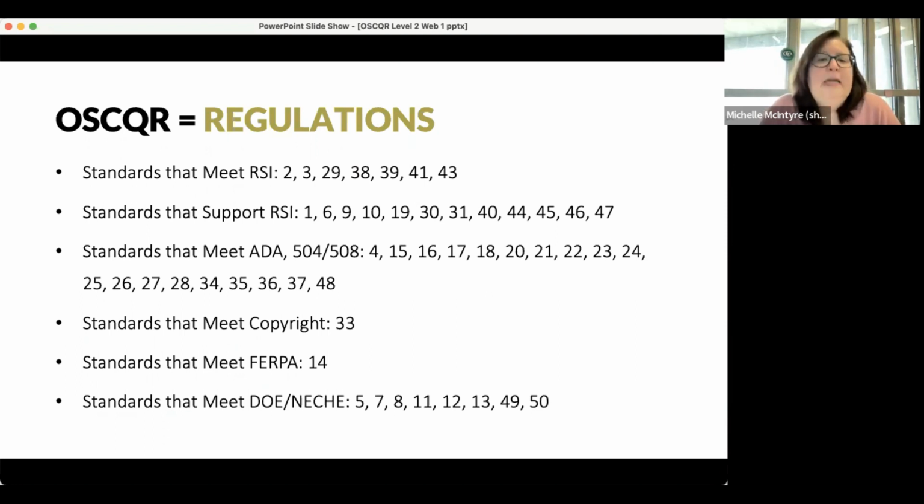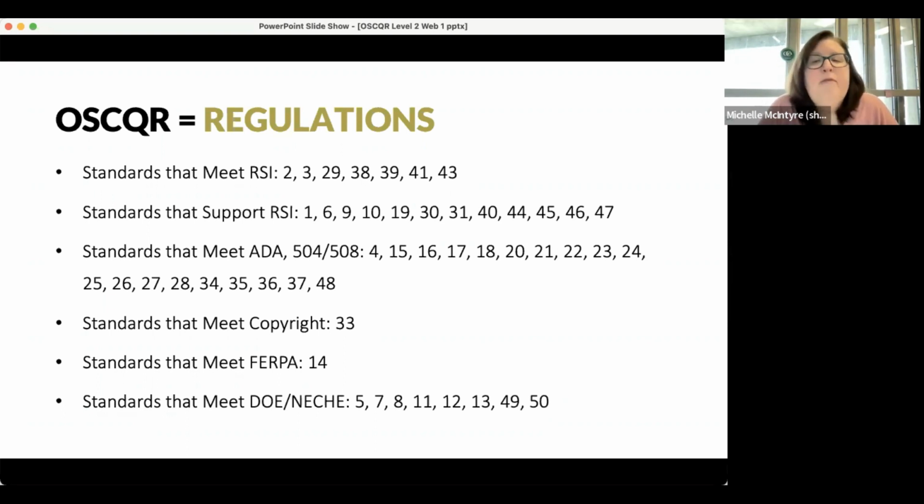When we break this down and look at OSCQR, almost half of OSCQR meets RSI. So if we get to click the sufficiently present button, we know that your course is definitely RSI. Probably you're exceeding RSI, which is fantastic. The rest are all ADA 504, 508 federal regulations. So that's another 22, 23